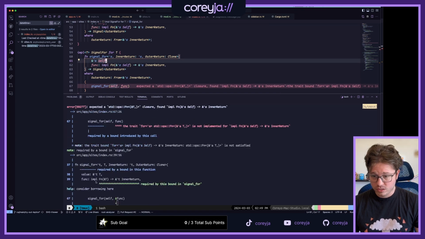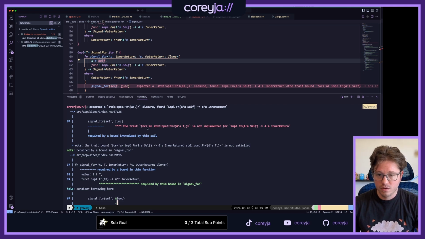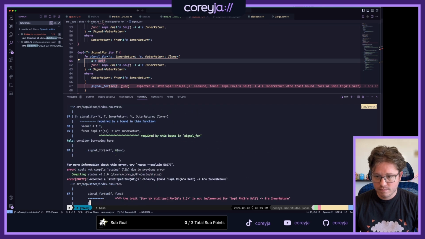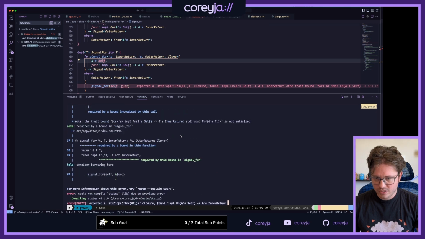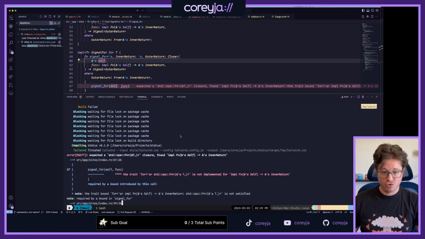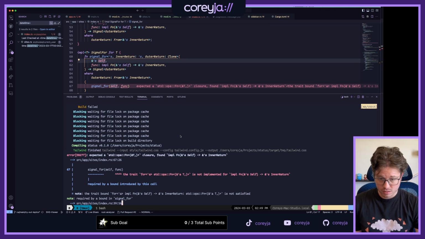Impl function is the implementation of function of reference of T to an inner return. Consider borrowing. I don't understand that. The trait is not implemented for A, the trait for any of these functions.